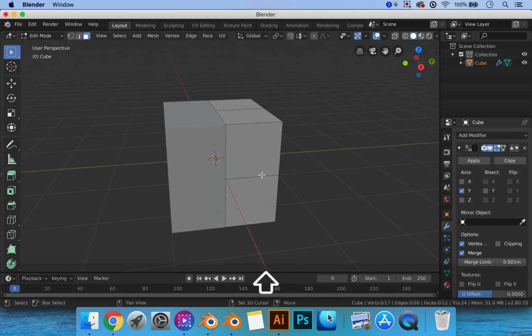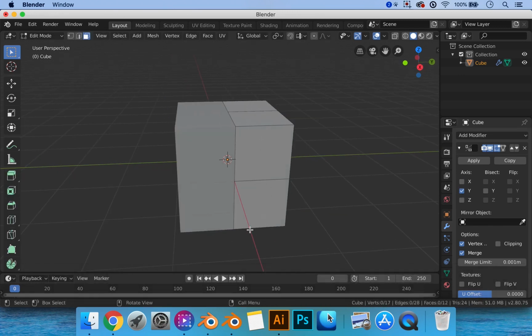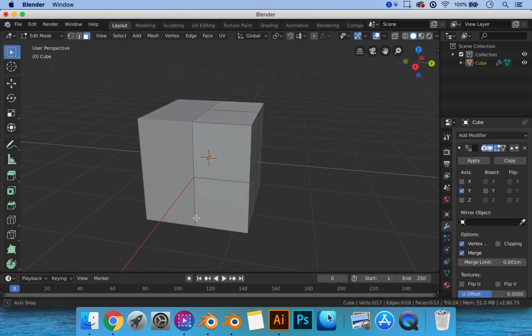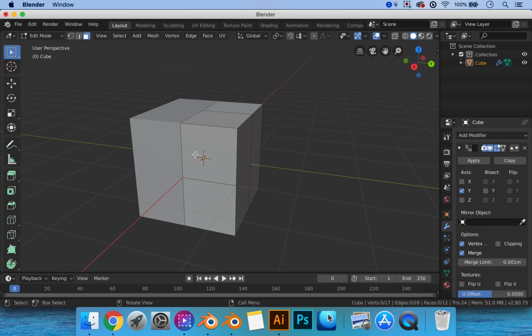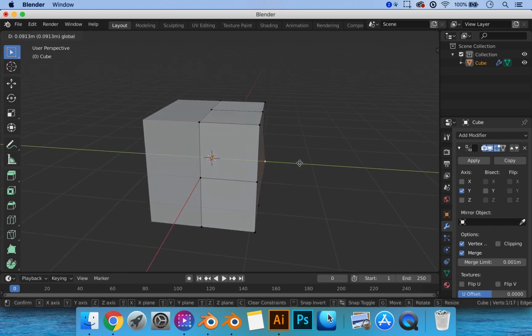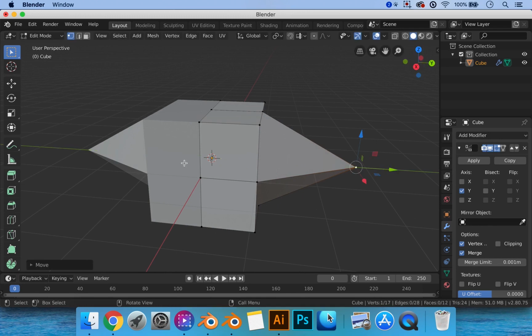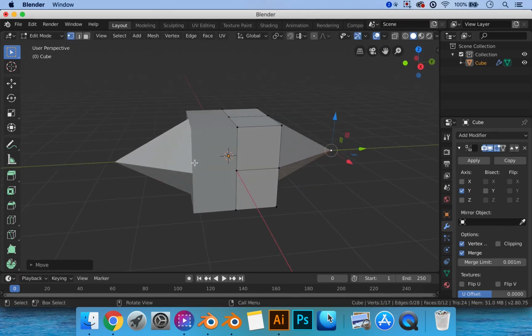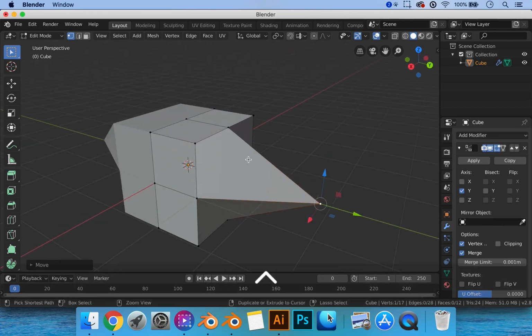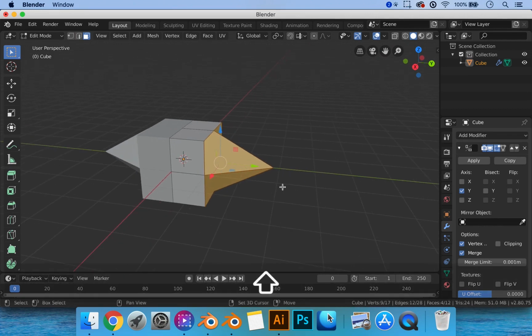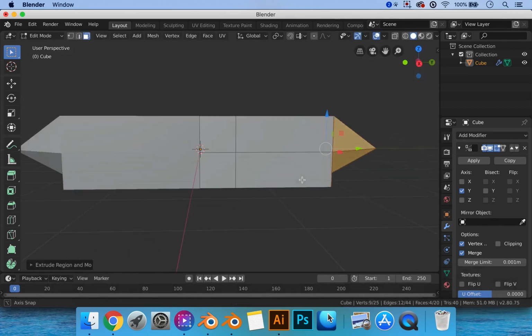Let's go in edit mode, and you will see that part of our cube is now this grayed out bit. That means this section is the mirrored part. This is the only geometry that you can work on, and it will get mirrored. Let's go into vertex mode. I'm going to use my hotkey Control 1, and as you see, when I move this center point, the mirror point is also moved. You can do everything, such as extruding this whole bit, extrude, and it will get mirrored